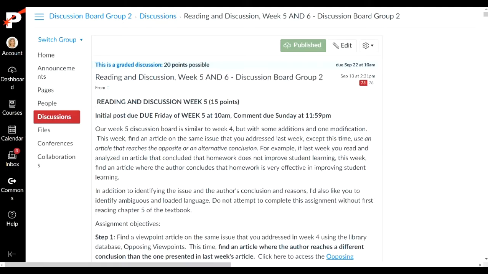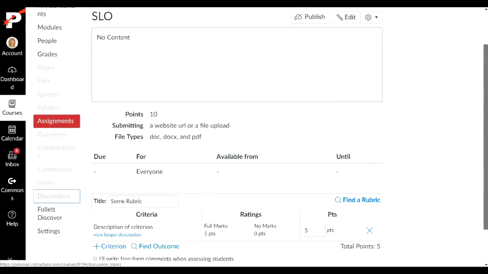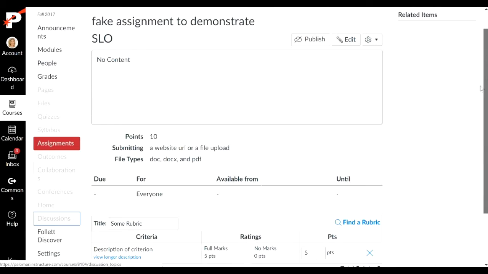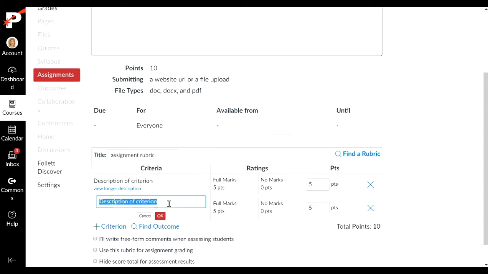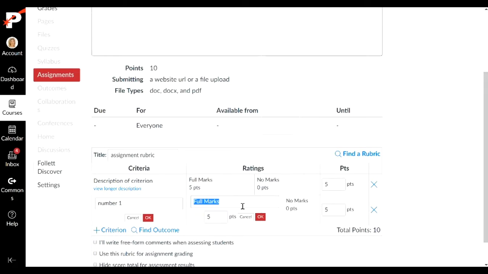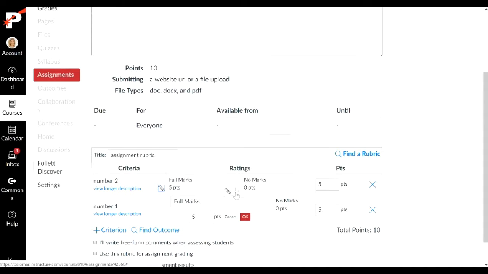So let me see here. I have a fake assignment. I just created this assignment to show you how you can add a rubric. So say I have this assignment and I can create a rubric for it. I can make this the assignment rubric, and I can add some criterion to it. I'm just making stuff up here. Make this one, I guess this will be number 2, should have been number 1. It's okay, I can change, I can add,